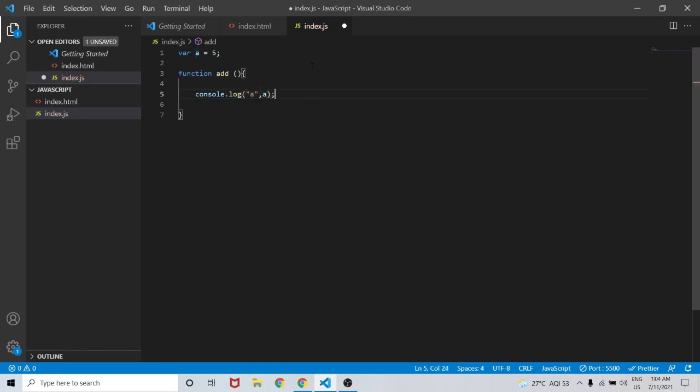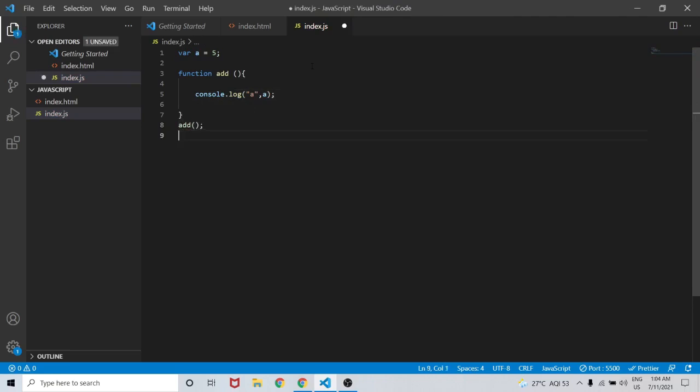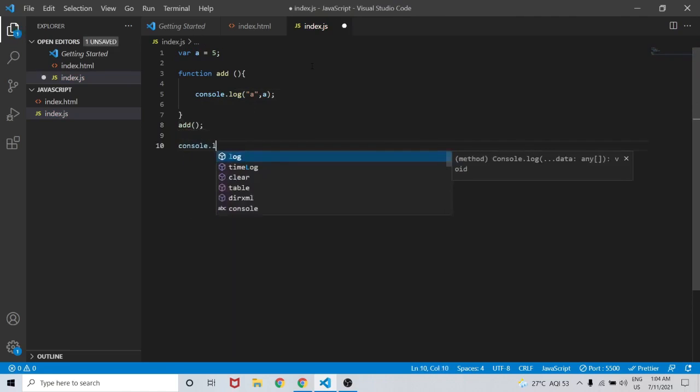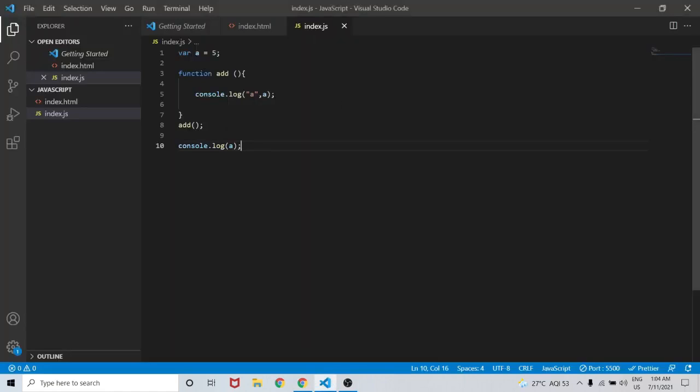So now let's call the function add, and also we will console.log a outside this function, so we can check the value of a. So here a is 5 and the other console is 5. This means a is globally scoped, globally accessible, and can be globally modified.